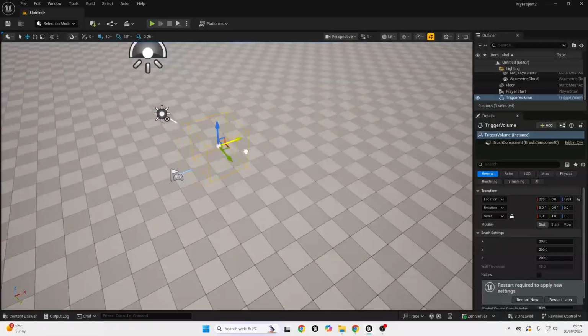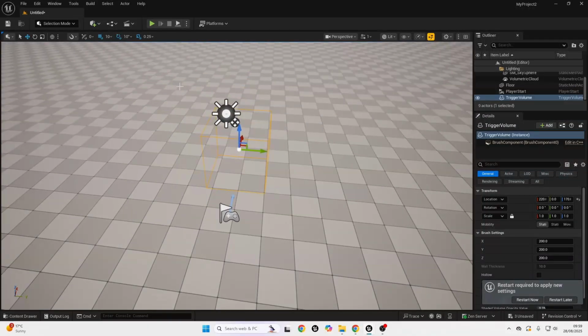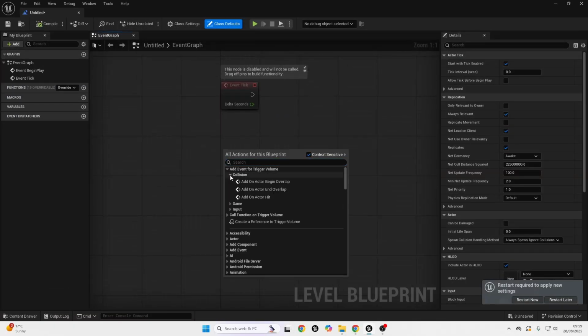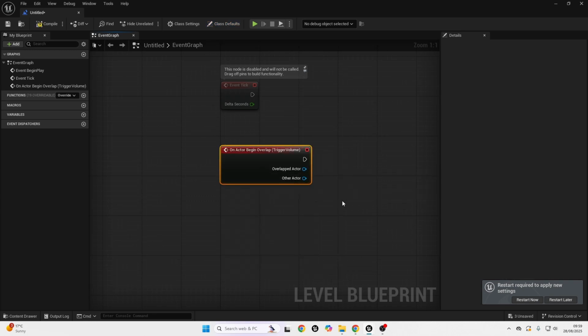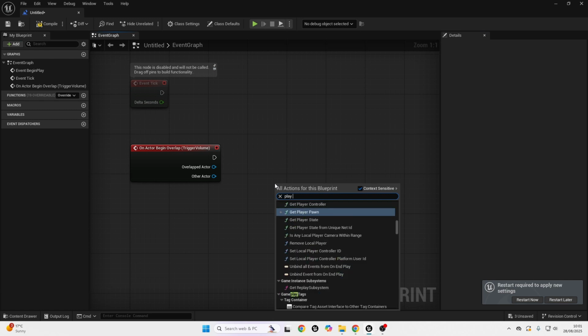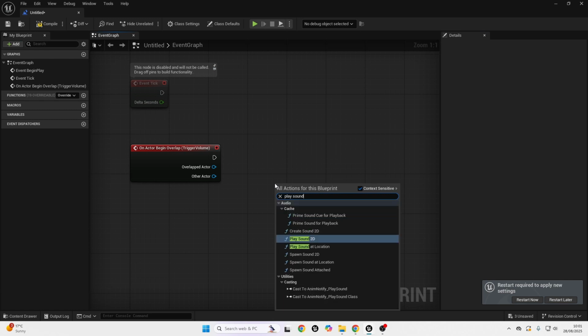I will just move it so I can walk straight into it. And I'm just going to go over to my level blueprint. I will just right click, go add event, collision, and add on active begin overlap. And if I just right click and I look for play sound, we have a couple different main ways which